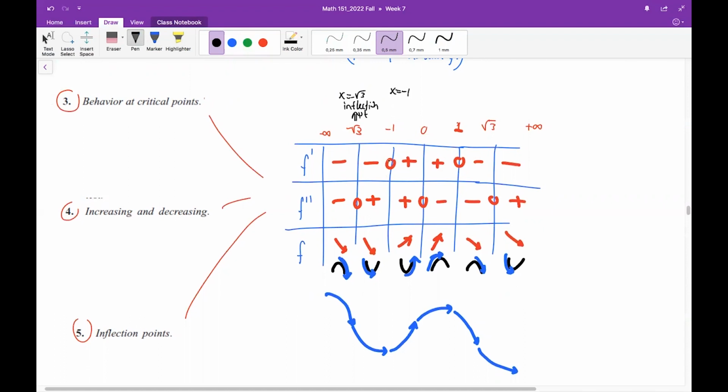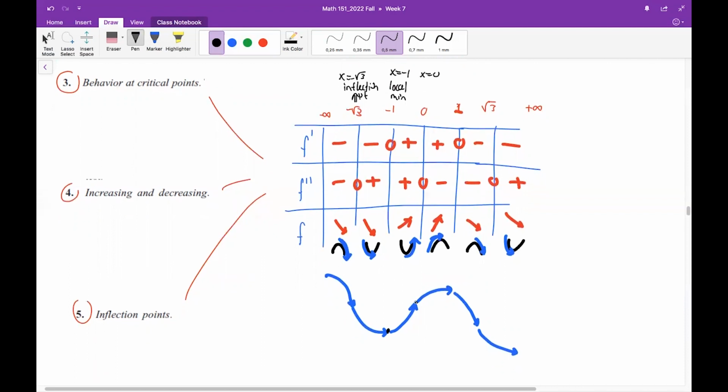Here, first derivative is 0 and it changes its sign, meaning that, you know, it does this kind of behavior at minus 1. I am talking about this point, so there is a local minimum point there. Is a local minimum point, okay? Then at x equals 0, second derivative 0, it changes its sign. Now we are talking about this point. This is the point 0. So it is an inflection